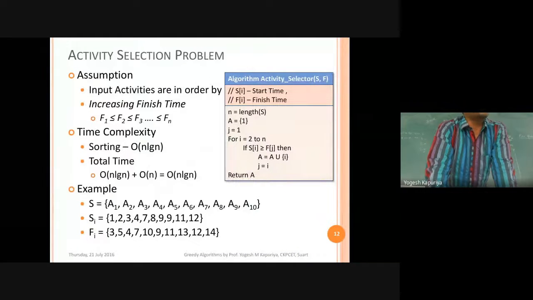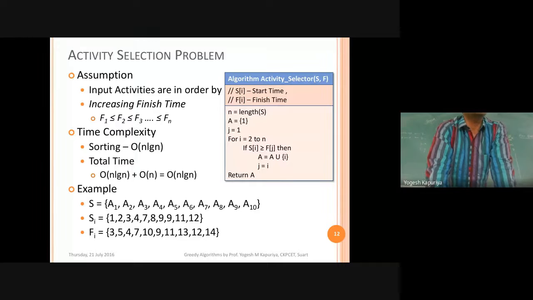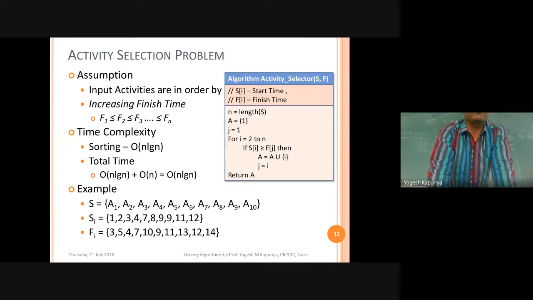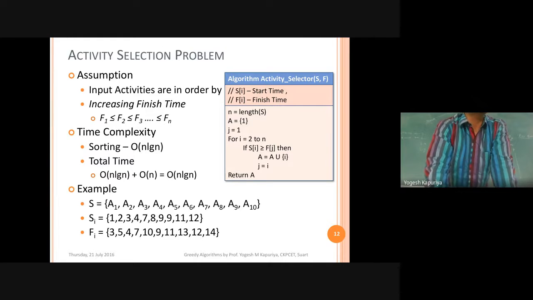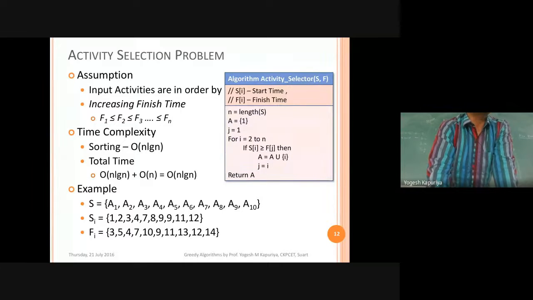Then we have discussed two problems related to activity selection. The first problem statement is to find the mutually compatible activities. In this case, each activity has some start time and finish time. You have to select activities such that no two activities clash, so the start time of one activity has to be greater than the finish time of the other. The solution was to sort the activities on their finish time, and then start picking an item if it is not clashing with the previous item.